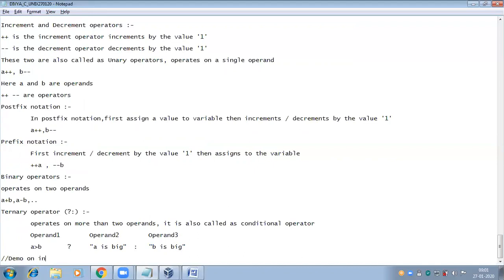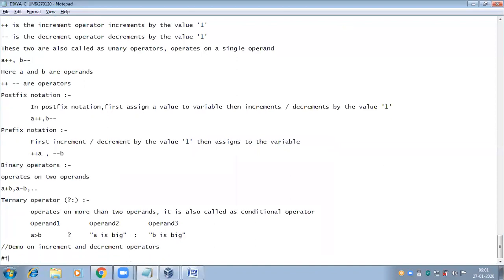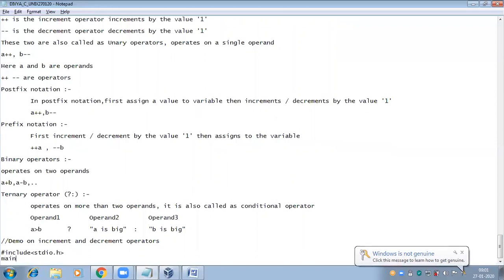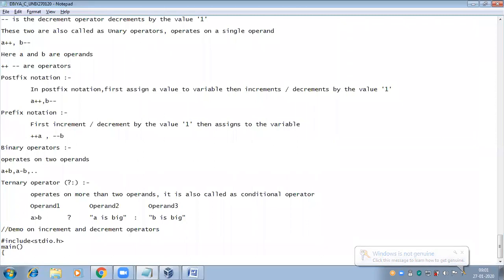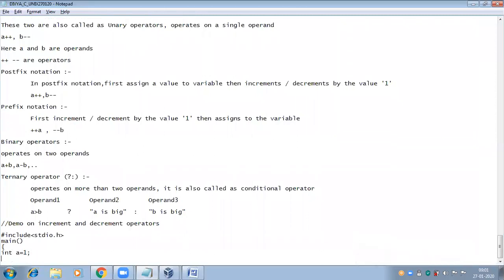So, a demo on increment and decrement operators. In main, I am taking A equal to 1. Now I am printing the value of A. A value is printed with percentage d.